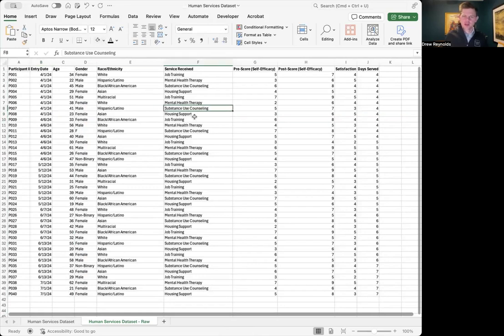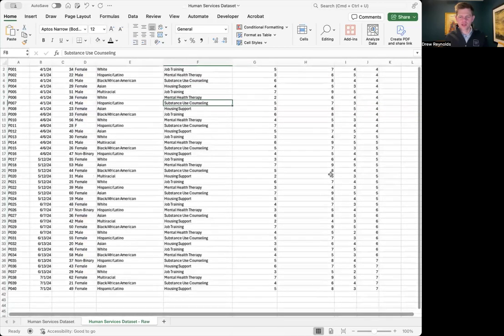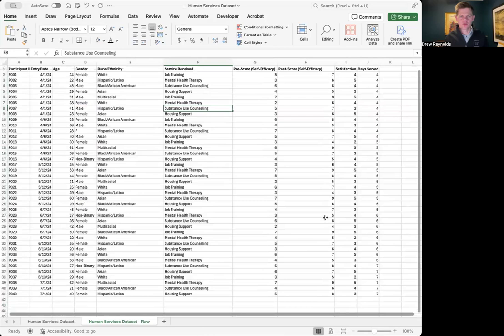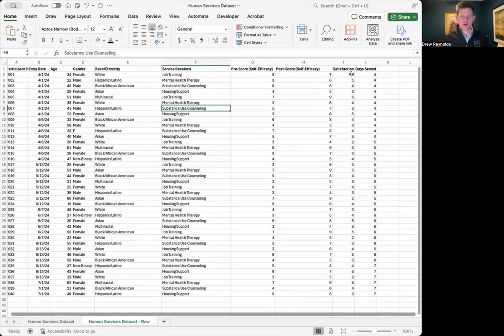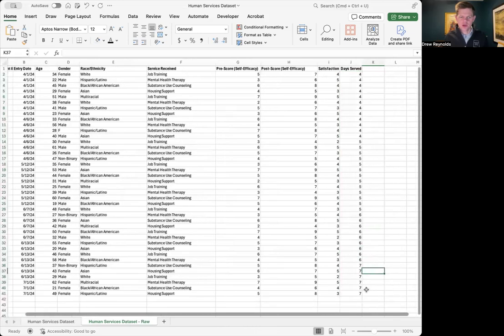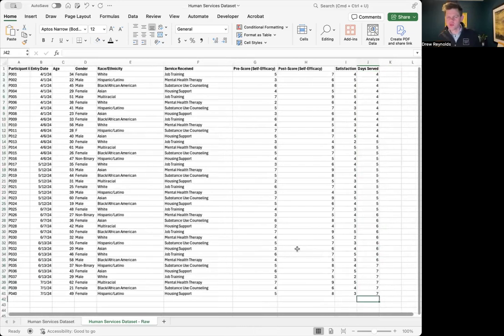All right. So now that we've got our data cleaned, what we can do next is start to go ahead and do some work with formulas. And I want to teach you 2 formulas that are really helpful. So say, for example, you are working and you have all these days served, and you want to say, well, what is the total number of days served for all of the people that I've